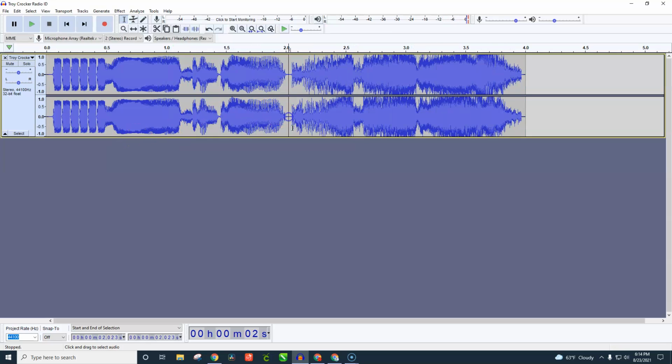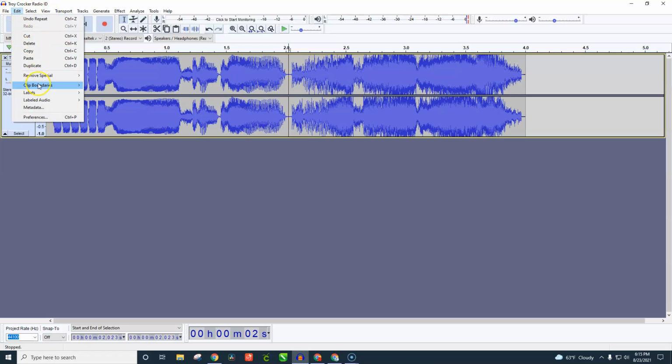Now this is kind of a pause right here, and I'm gonna actually split this up, and we can put one of those big explosions right there. That'd be kind of cool. So how do you split this clip right there? Well, obviously I am in the selection tool, and I can put my cursor right there, and I go to Edit, Clip Boundaries, and Split.